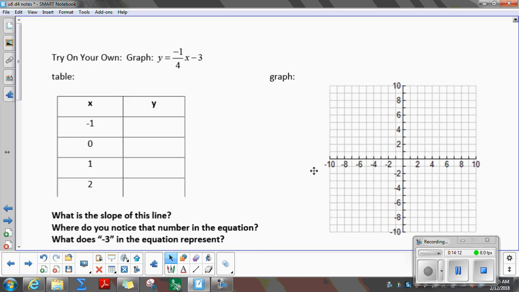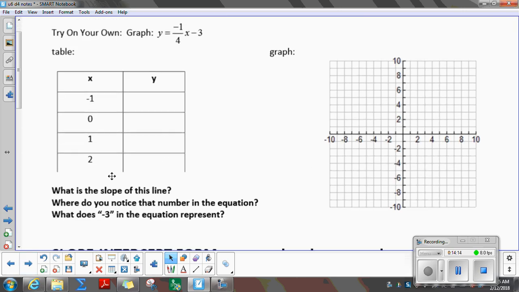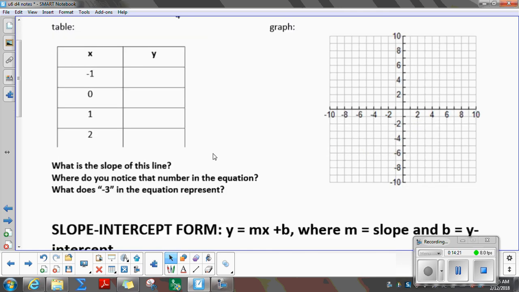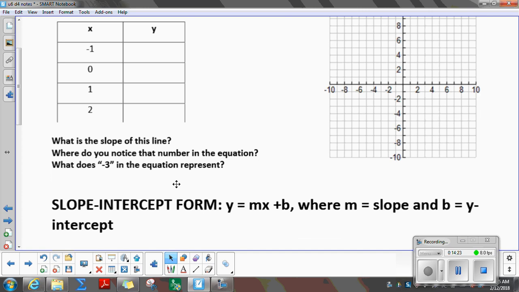So you guys are going to try this one on your own, and it asks you a couple of questions that we just talked about, so you can kind of see how these numbers work. But basically, these equations are written in slope-intercept form. Y equals some number times x plus some other number. That number being multiplied with x is your slope, and the number being added or subtracted to your x is